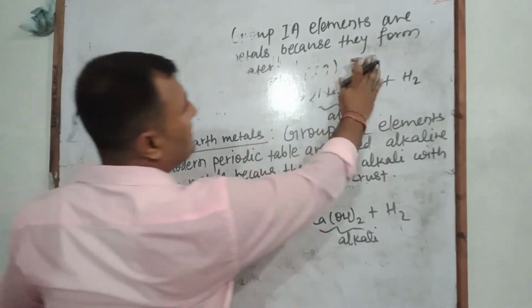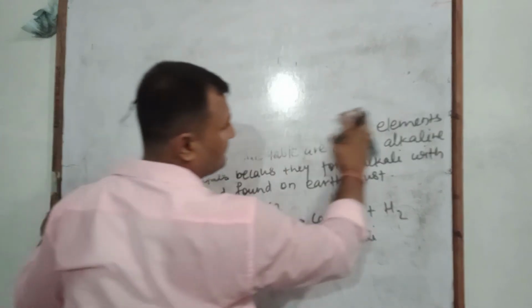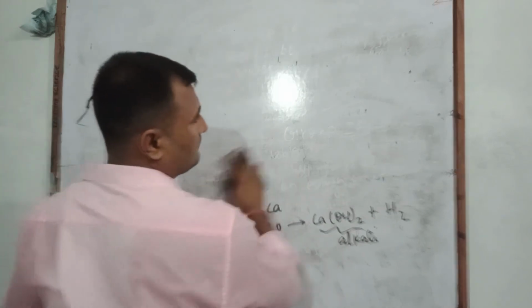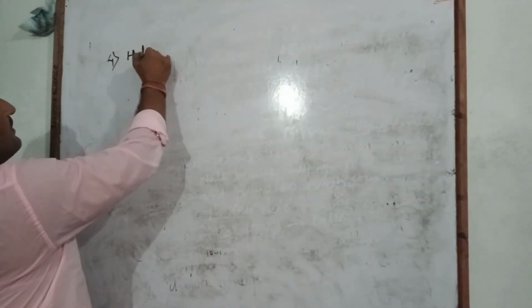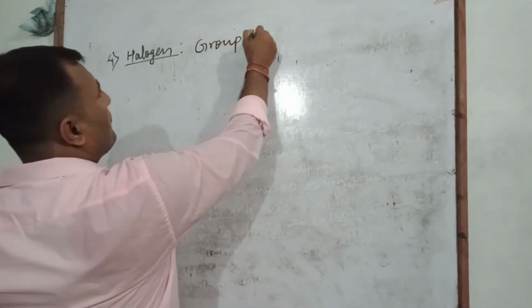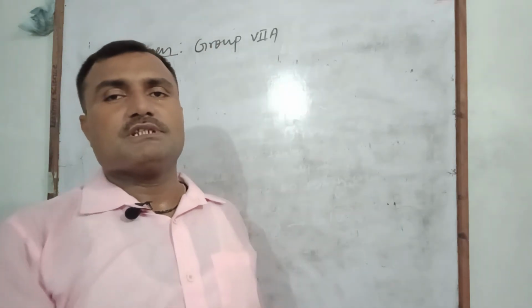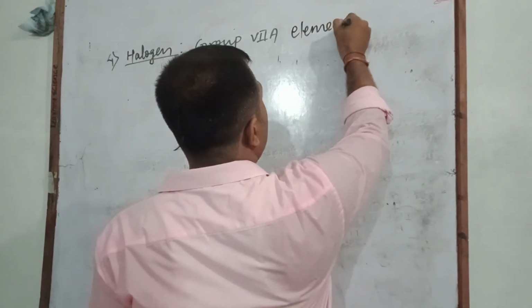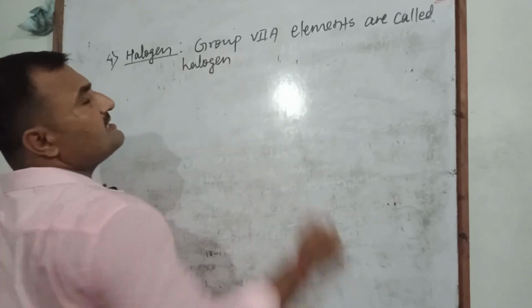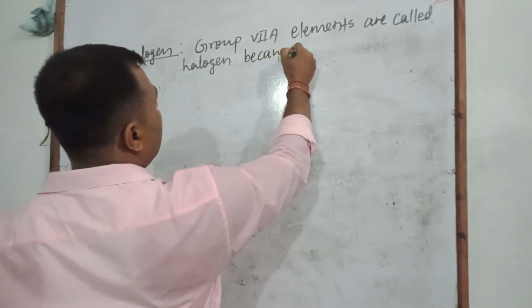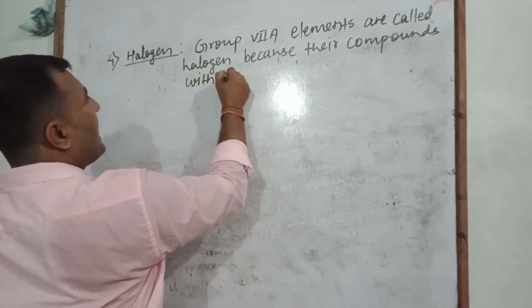Next, the next description of a group is halogens. Fourth description is halogen. Group VIIA or 7A or group 17 elements of the modern periodic table are called halogens. And here we write: group 7A elements are called halogens. Why are these called halogens? Because their compounds with hydrogen